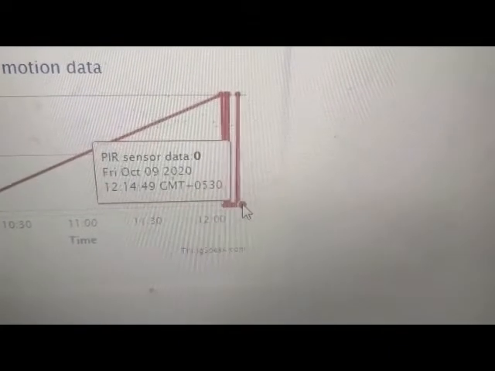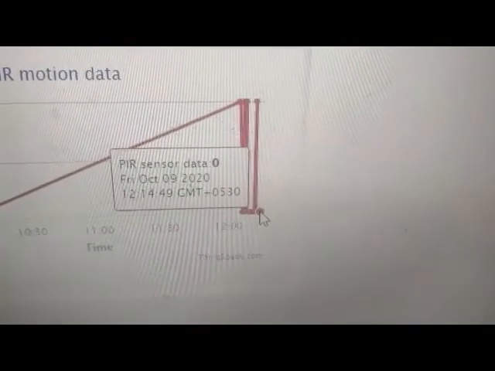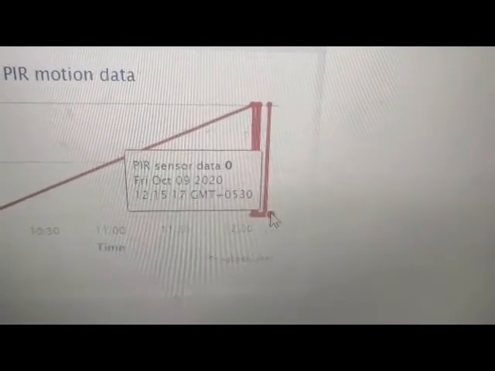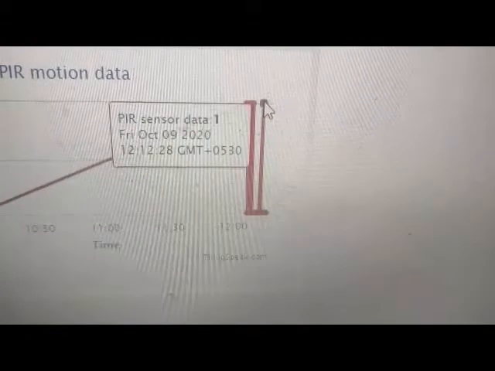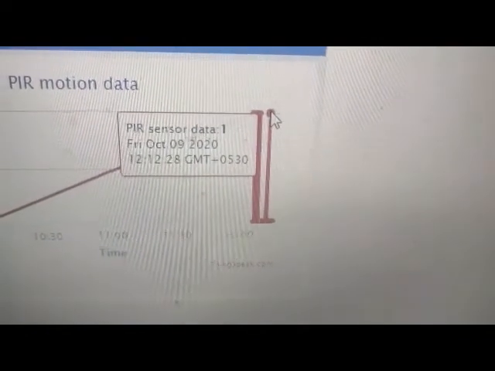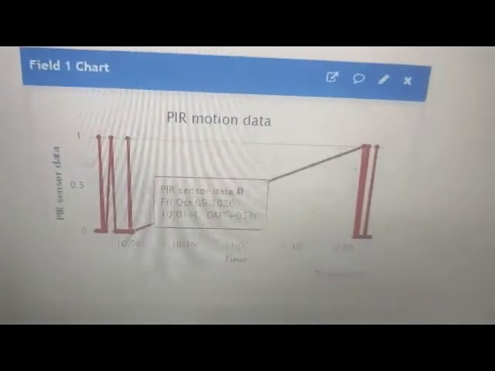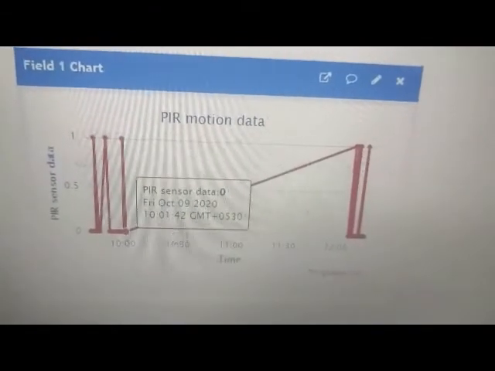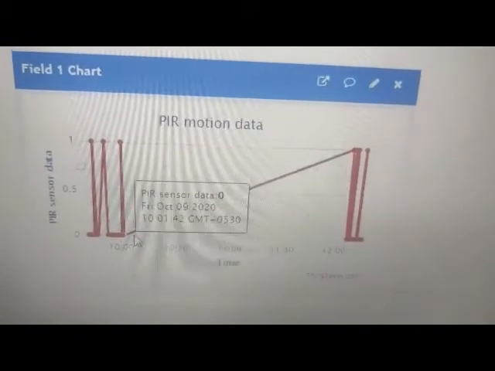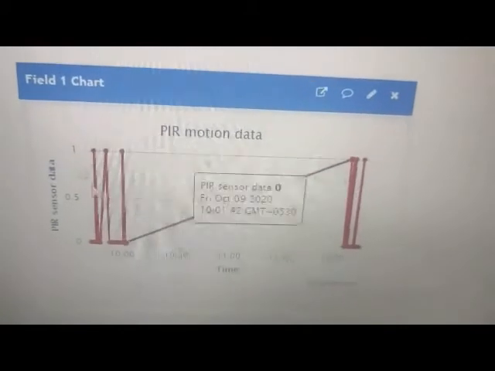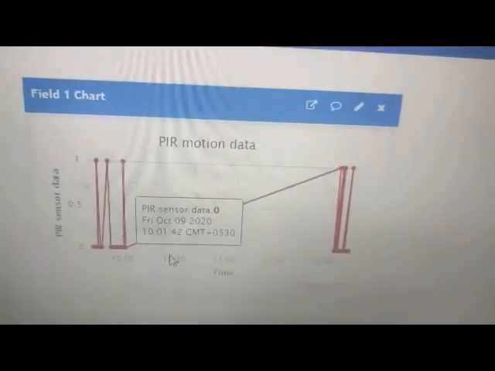It's 12:15. Here we can see that it was updated at 12:14:49 that there was no motion, and here it is updated that at 12:12 there was motion. Also we see that between 10 and 12 there has been no motion. So we can visualize the PIR motion data on this ThingSpeak platform.